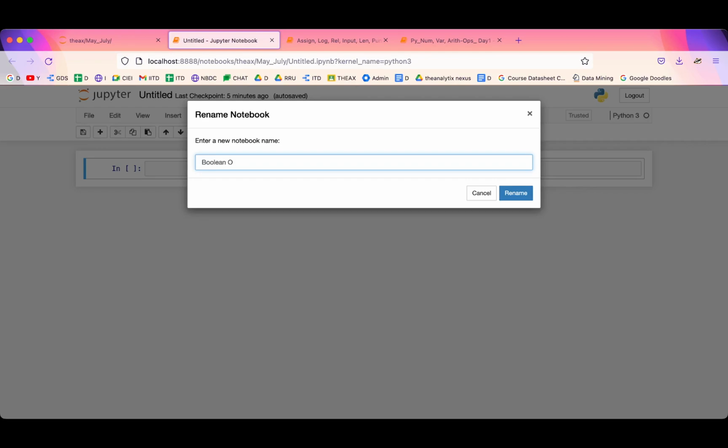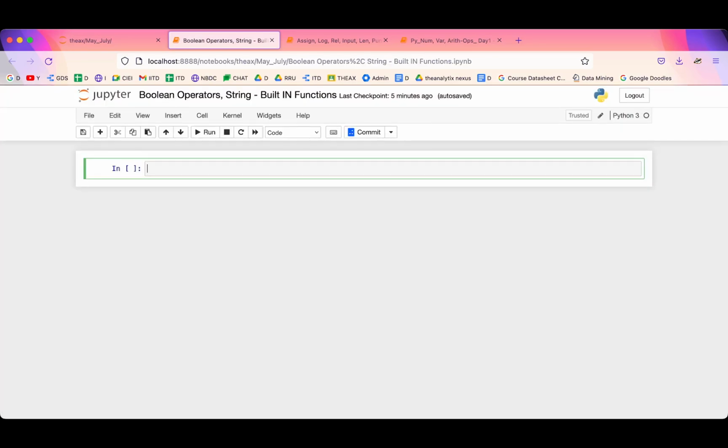string built-in functions. Very good. Okay. So before moving to strings and all, we will first know how many